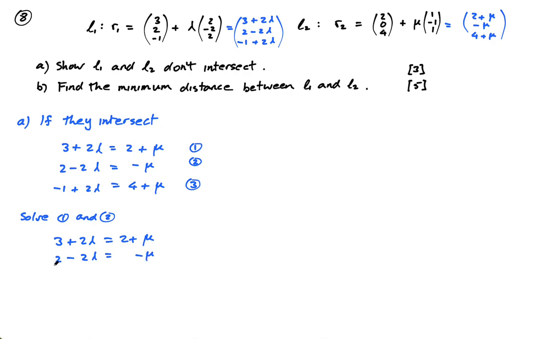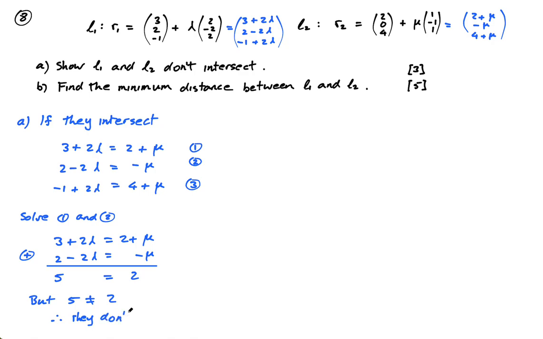I'm going to add these two equations, as you would to eliminate the lambdas or the mus, but when I add them, the lambdas and the mus actually disappear. So I'm going to have 5 plus 0 equals 2 plus 0, so 5 equals 2. But 5 is not equal to 2, therefore they